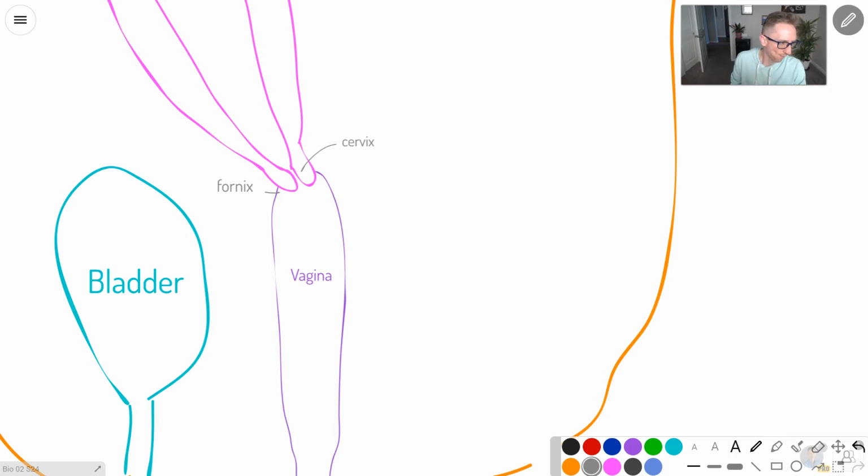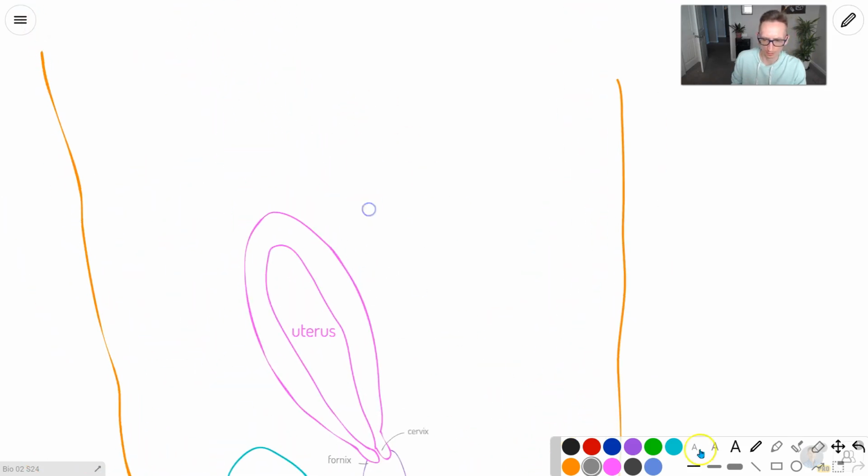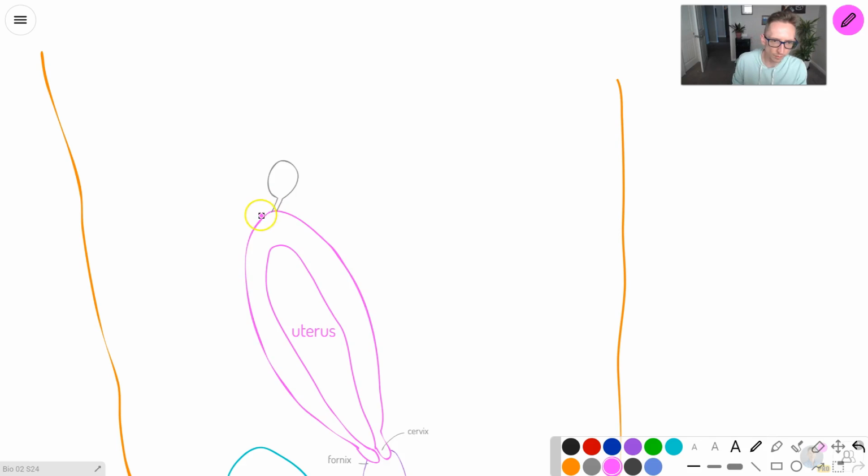All right, then coming up off the top of this, we've got our ovary. And we're going to draw another view of this. So we got a little ligament. And then we got kind of like an egg or oval shaped little contraption. And then we've got our oviduct, or our fallopian tube. Comes out of here. And it kind of reaches around, but doesn't actually fully touch the ovary. It's not fully sealed. And it's got these little finger things called fimbriae